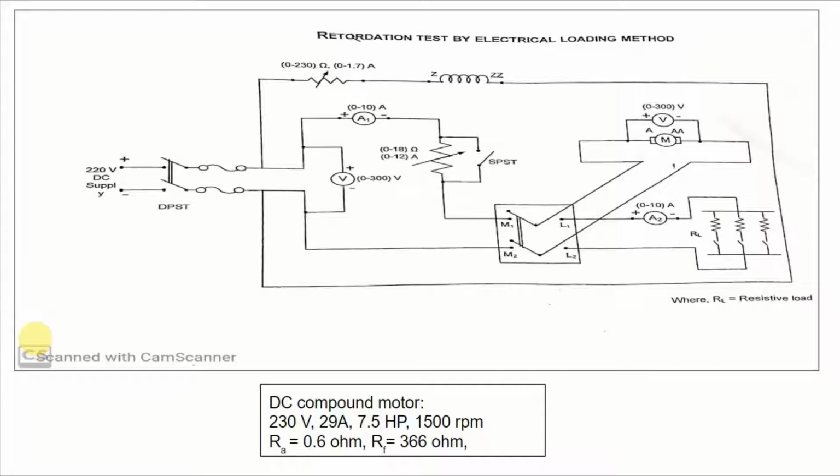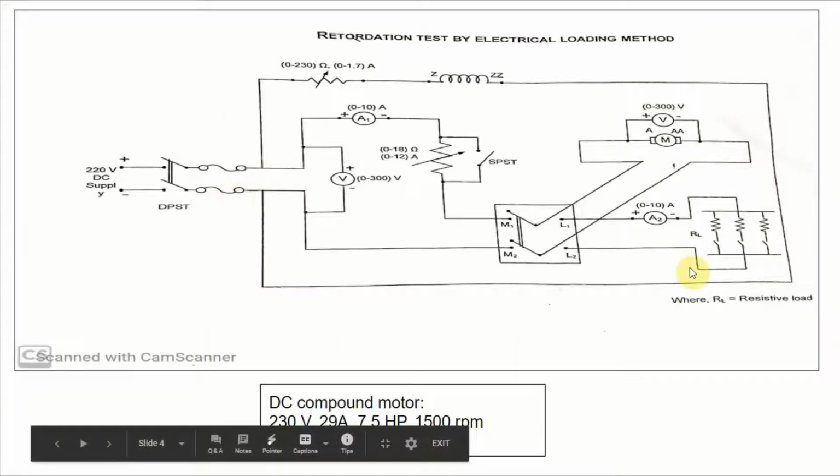Now in our lab, in this particular experiment that I am explaining, we are using the first approach, where we cut off the armature supply but the field will always remain excited. So here you can see that the field is always excited no matter what the position of this DPDT is. This DPDT is mainly used to cut off the supply to the armature. So the field will always remain connected to the supply. There is no switch connected to the field winding, so this will always remain excited.